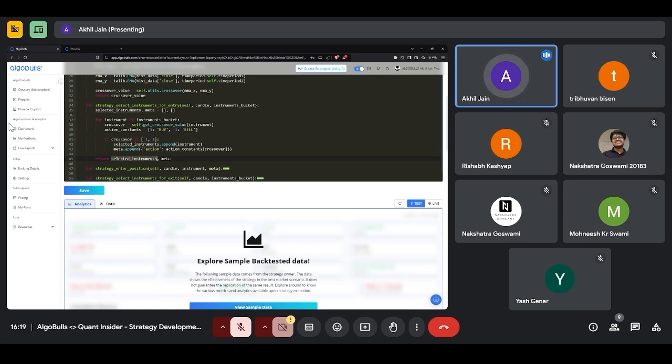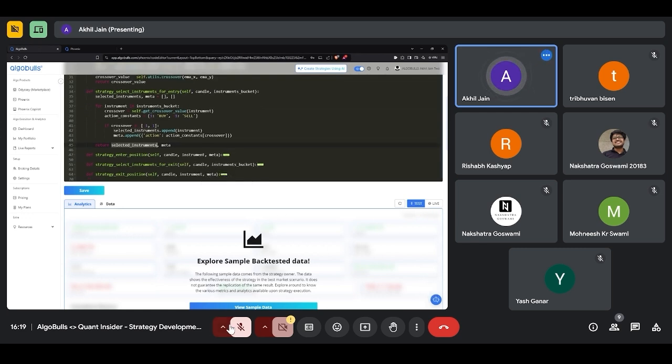So that's all we are doing right now. What will happen is if we have 5 instruments selected, then this is going to get called 5 times with that particular instrument and with its particular bit of information which contains the action, whether it's a buy or a sell. So I'm going to get the instrument and its particular information.